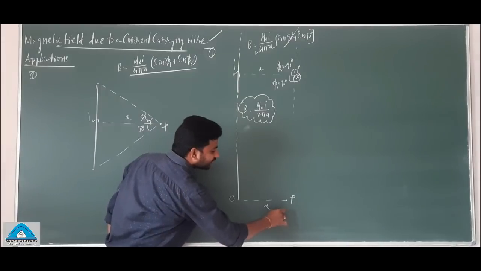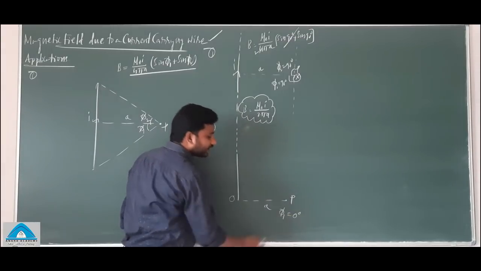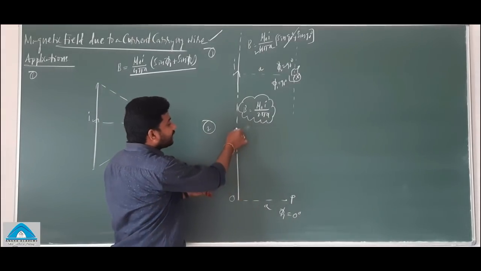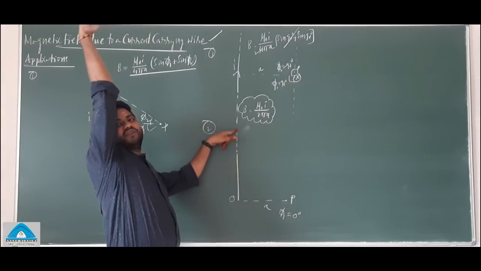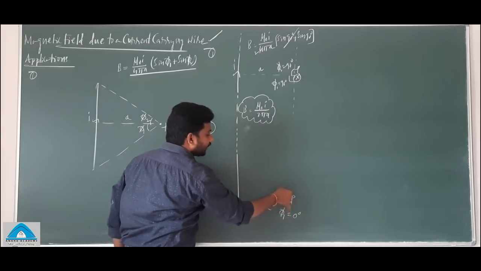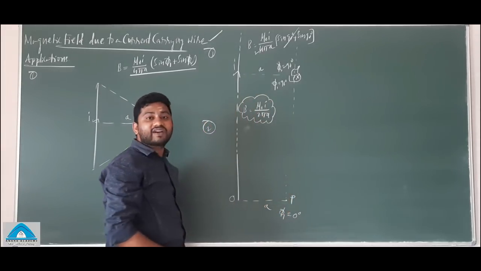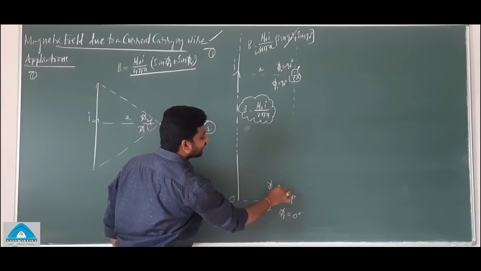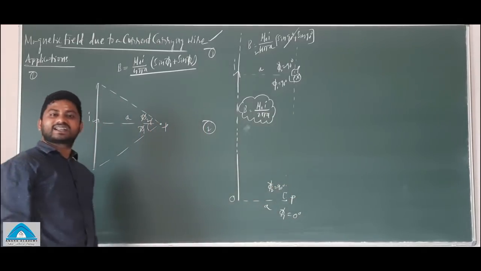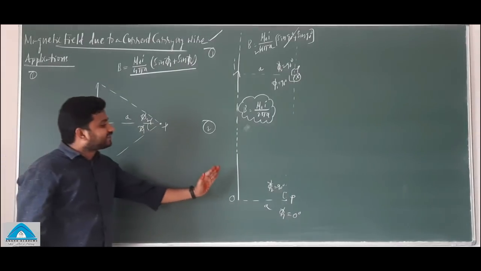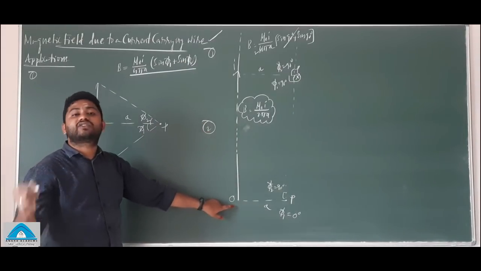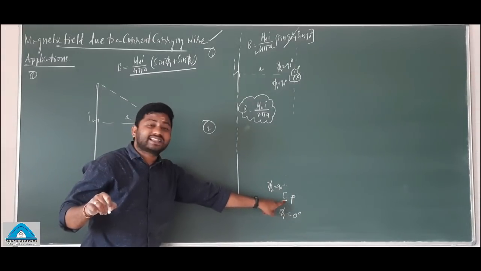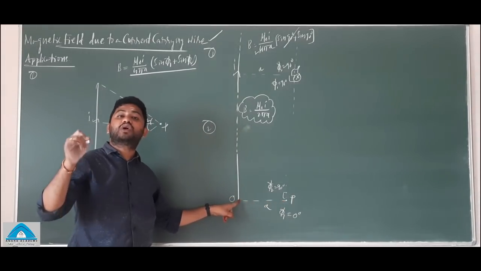Understand? So you can say here phi 1 is equal to 0 degrees, and phi 2 is what? The angle made by the last edge, which is at infinity, to this point. So it is similar to the first case, and this is your phi 2, which is 90 degrees. Clear? So one side is finite and another side is infinite, and exactly the point P lies at a perpendicular distance from one edge.